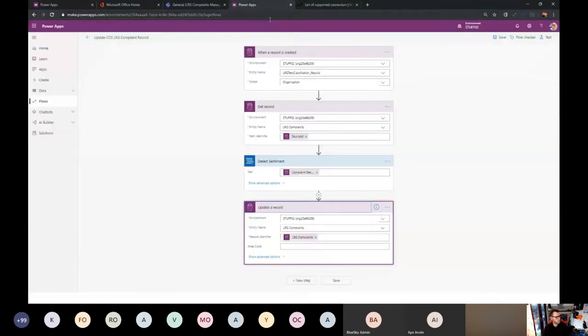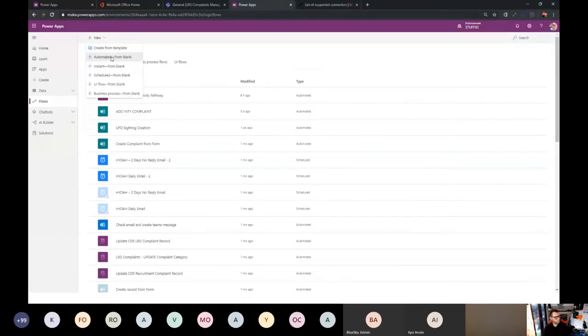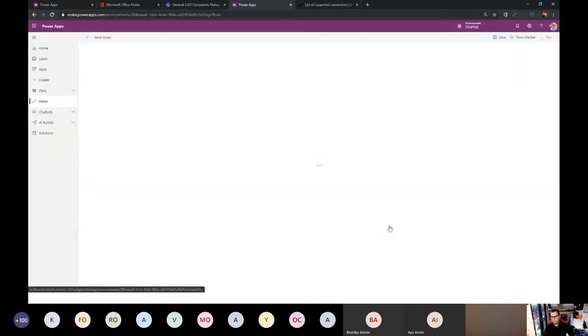And it's really easy. Let me give you an example, and I'm going to build one in front of you. Say, for example, I want to send an email to someone every single time I capture a record. I'm just going to call this send email. Think of it as workflow. All I'm going to do is say, whenever a record is created, I'm going to send an email out to